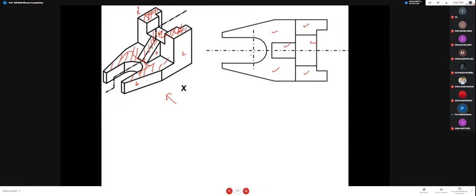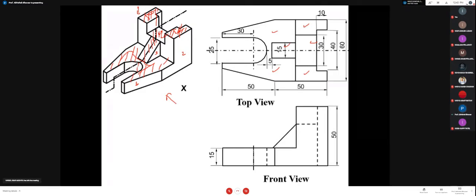Now if you want to draw the front view, in a front view, which parts are visible? As I have shown you, 1, 2, 3, these are the parts, they are directly visible. The line passing through this or passing through this, it will not be visible directly, so you will draw it by the hidden line. Okay, and here you are having this curve. Here you are having one curve. So the line representing this, it will be also drawn as a hidden line.